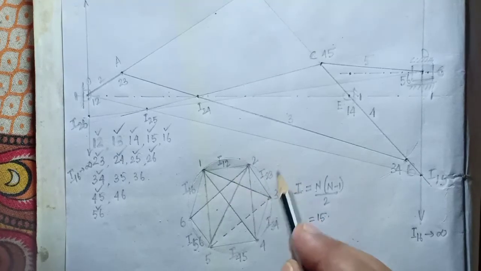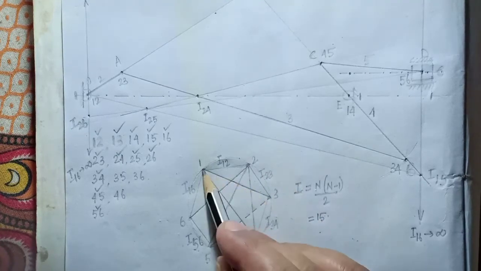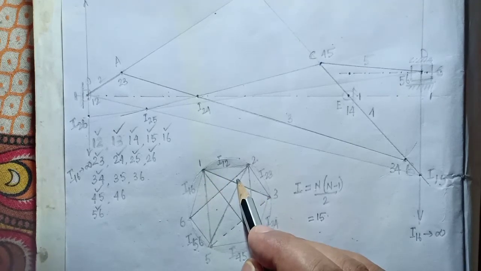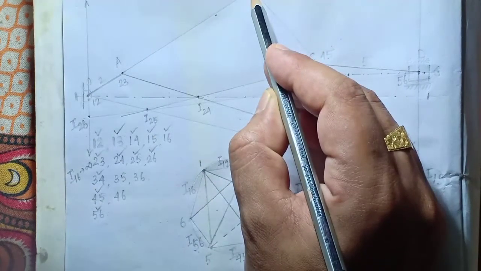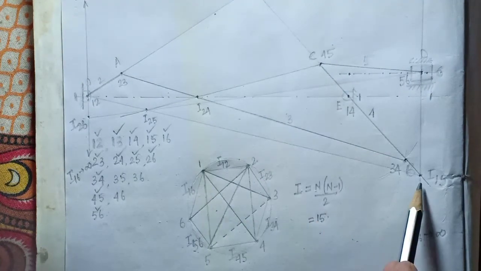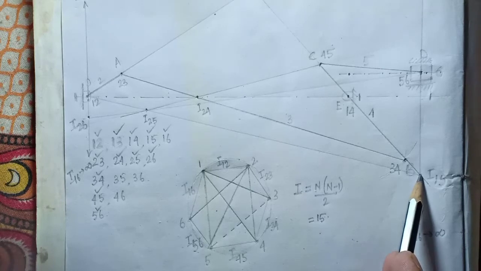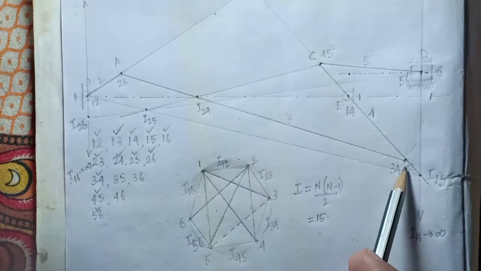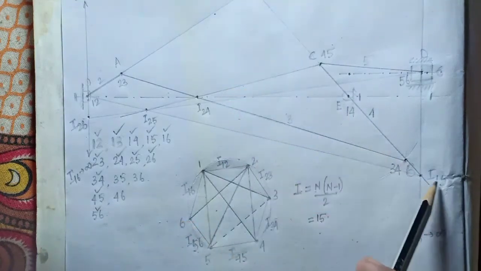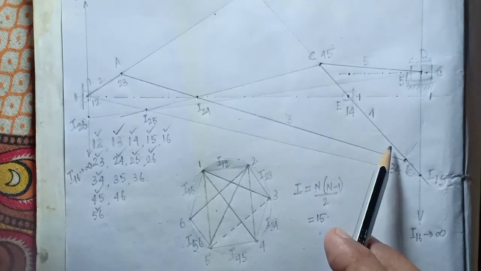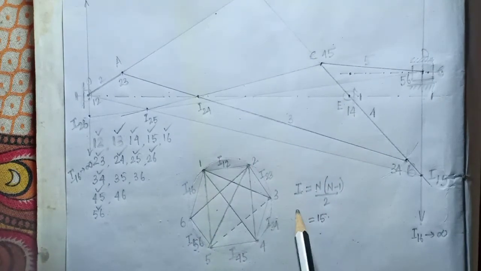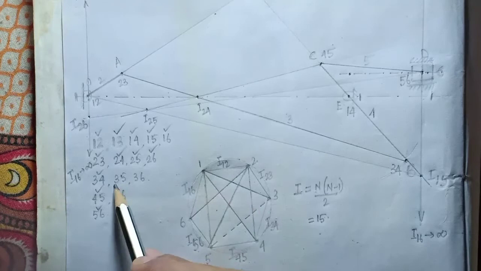So let's see another path. So 3 to 1, then 1 to 5. So where is I13 and I15? Here it is, I15. So this is also not possible because, so look, I45, I34 and I13, I45 both are in the same line. So we cannot show the instantaneous center of link 3 and 5.